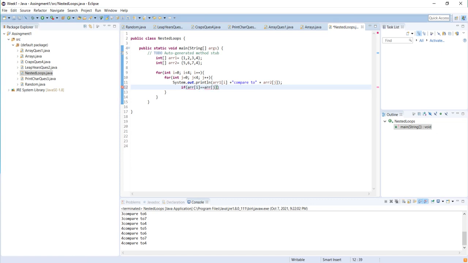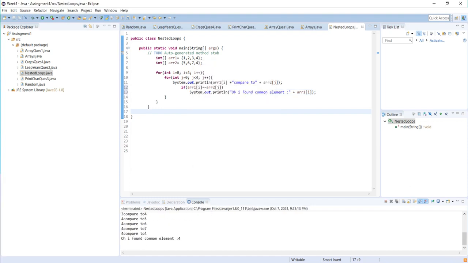I always forget to write array1 and array2, and then I can just print out that, oh, I found common element. Then I can just say array1[i]. Okay, so we're gonna run.